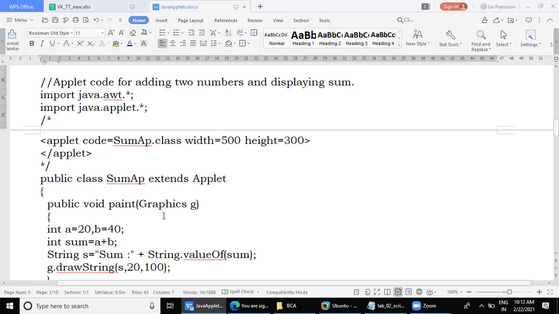One method is through your HTML page, where you pass values through parameters. As you have the applet tag, similarly there is one tag called the param tag, through which you will be passing the values. The values you pass through the param tag can be fetched through one method called getParameter. Param tag, pass the values, and fetch them using getParameter in the applet. Once you fetch them, you can perform addition and display the output. That is one method, clear? I'll be demonstrating that.